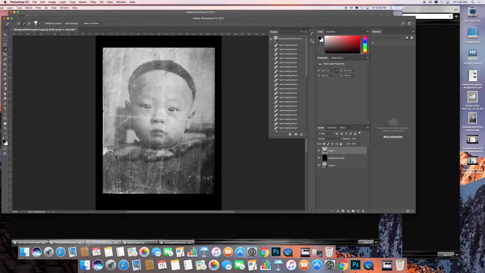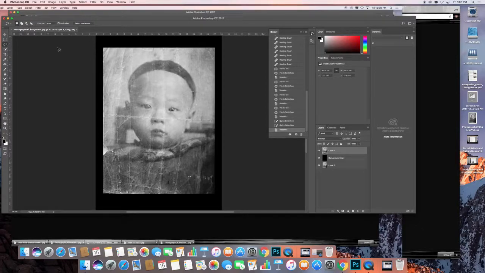Oops, that's not going so well. Remember, Option key to subtract an area. Just like that. Okay, so I could use the quick selection method, but it seems to be making it rather jagged. So I'm just going to Command D. Use my